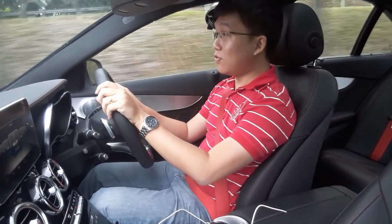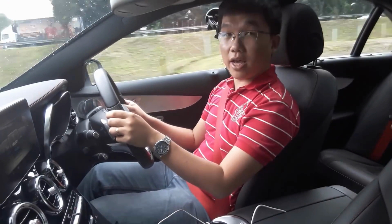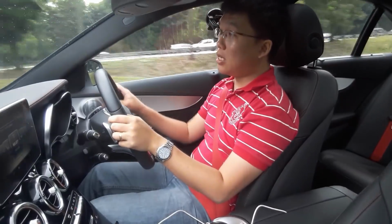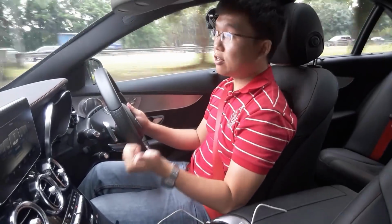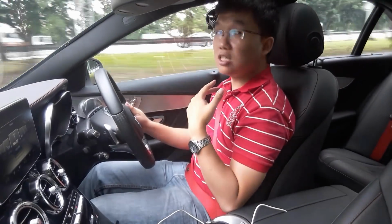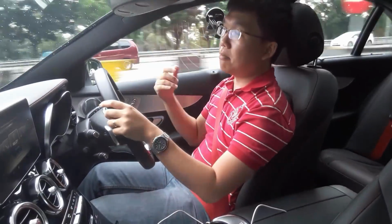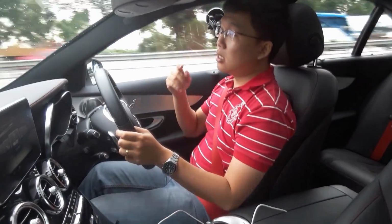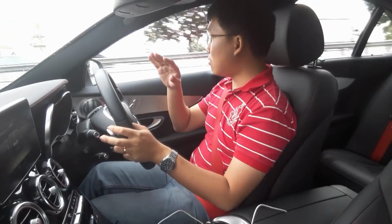Yep, from the sound of it, this is a rather noisy car that I'm driving, the Mercedes-AMG C43. So just to recap, the Mercedes-Benz C-Class range in Malaysia, you start with the 1.6 litre C180, then you have the C200, C250, then you have the C350E plug-in hybrid. Right at the top comes the C63 4-litre V8. This C43 3-litre V6 comes in right in between,